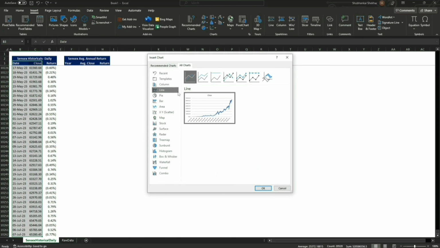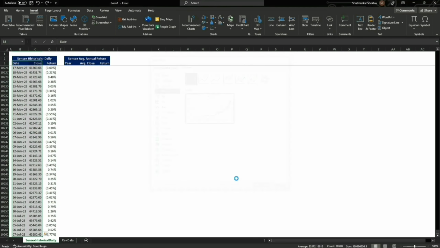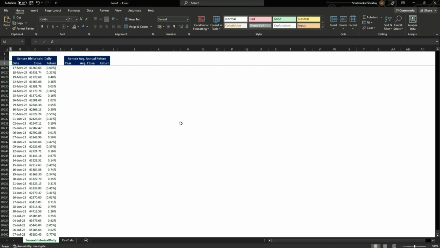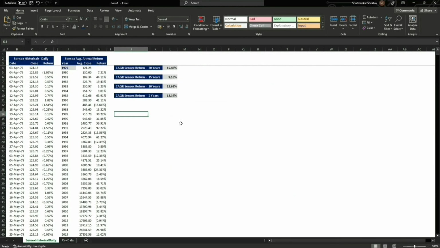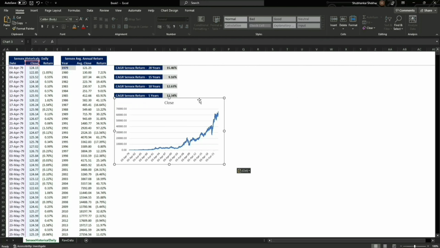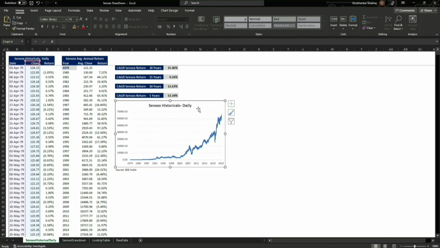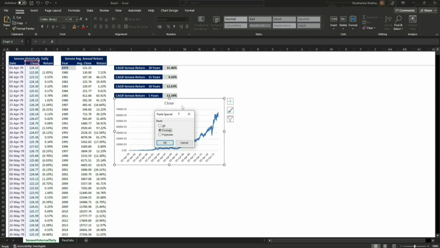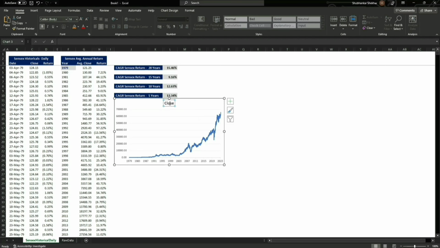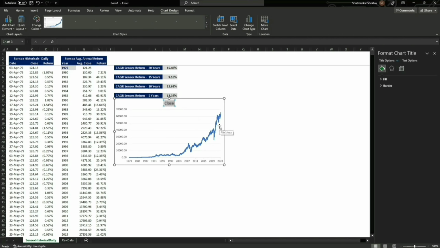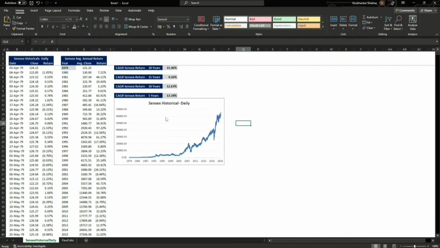We are going to select line chart, this one, and just cut it, right? Paste it here, down, right? I'm going to select this just in order to save some time, right? I'm going to copy its formatting. This is not even the main thing, right? We won't be spending much time in creating charts, because the main thing here is the calculations, right? You can figure this out on your own.